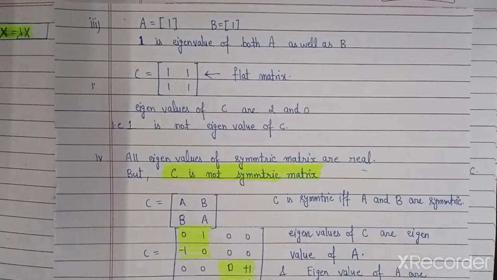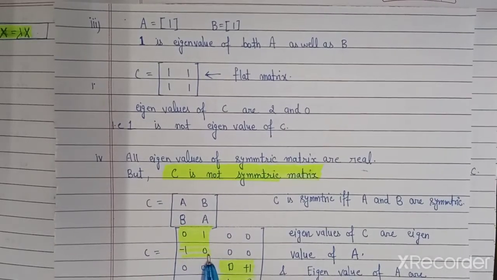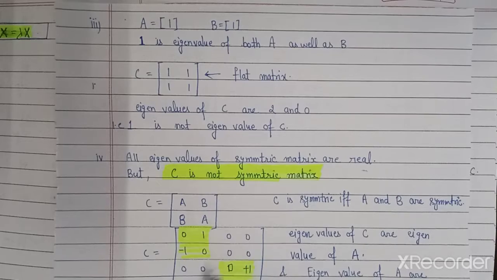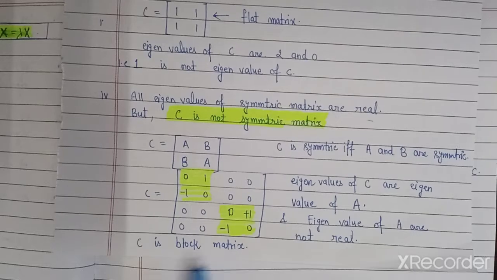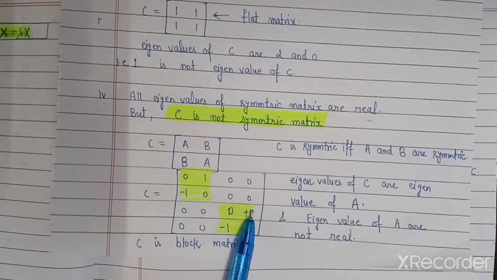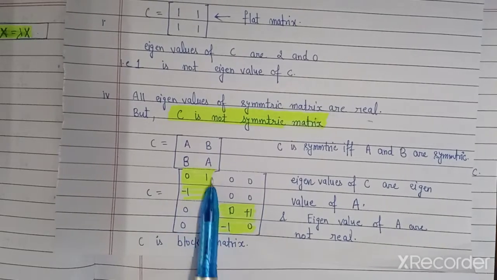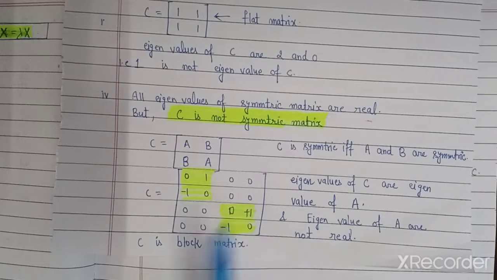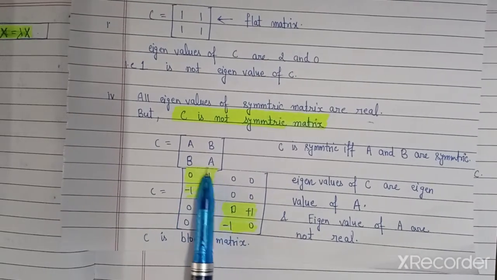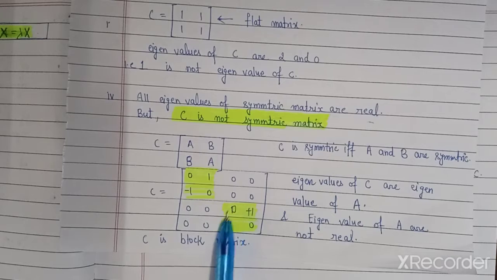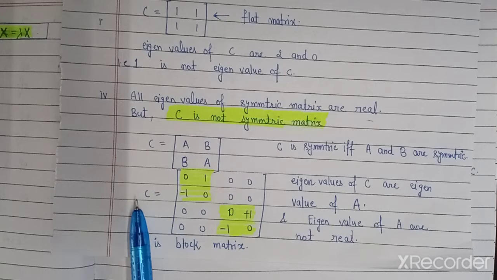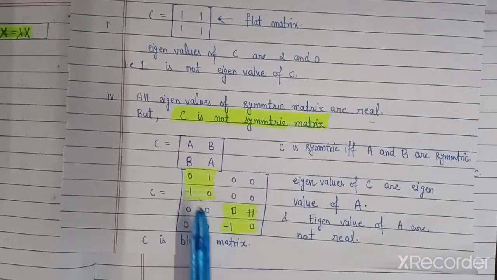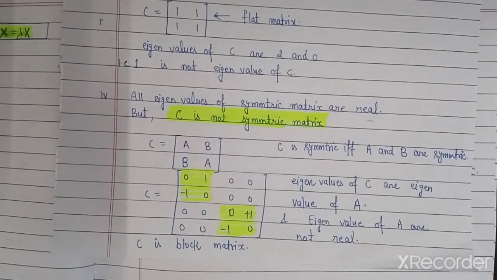So we take matrix A as [0 1; minus 1 0], and B as the zero matrix. This is a block matrix, and the eigenvalues of a block diagonal matrix are the eigenvalues of each of its blocks. So we find the eigenvalues of this block as well as this block. The eigenvalues of this block are iota and minus iota, and this is again A, so the eigenvalues of this are also iota and minus iota. This implies the eigenvalues of C are iota and minus iota, each repeated two times with multiplicity 2.